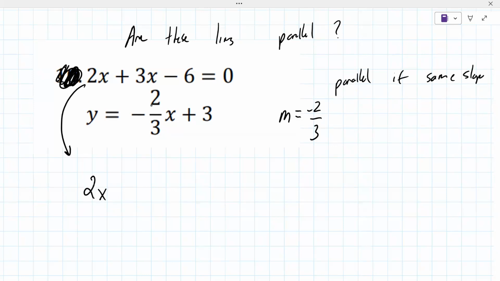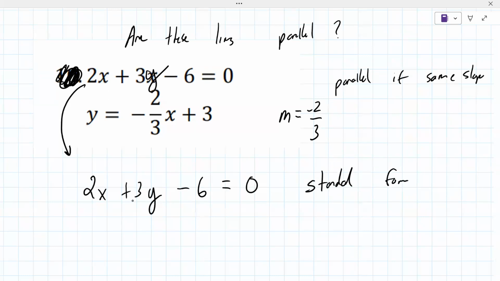you're like, I don't know. Actually, this one's got an error. It should be 2x plus 3y minus 6 equals 0. Okay. So this is in standard form, kind of. And I don't remember if we did much of this last time, but you can actually put this into slope-intercept form